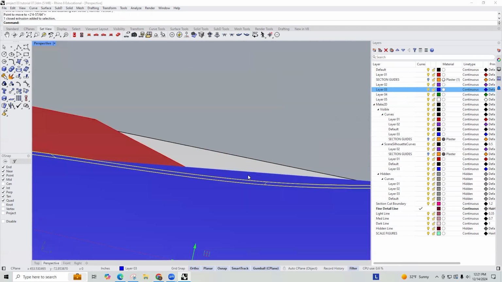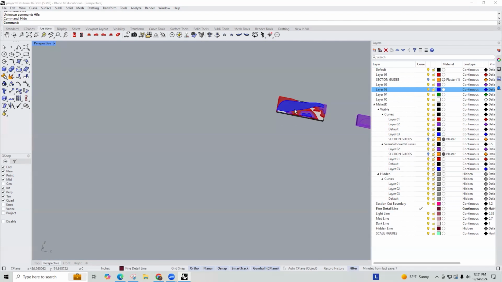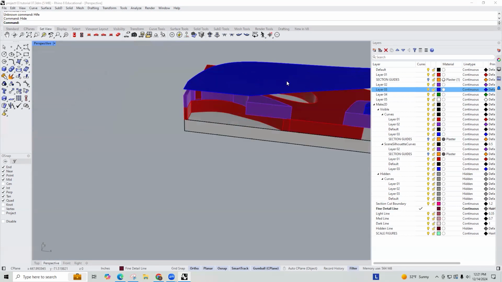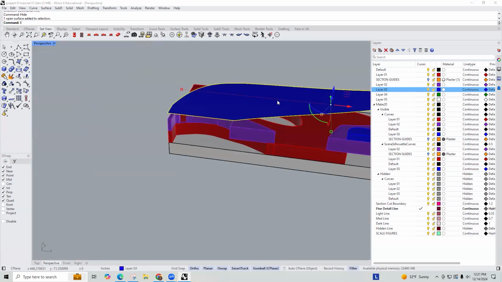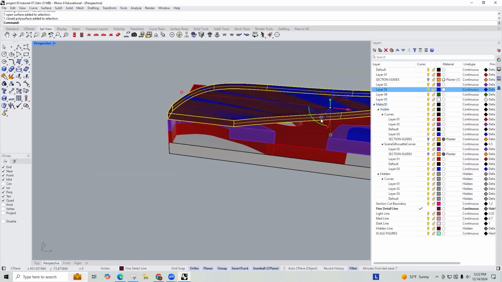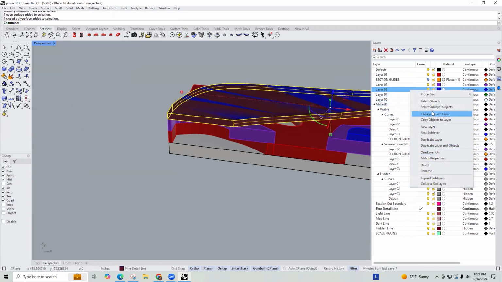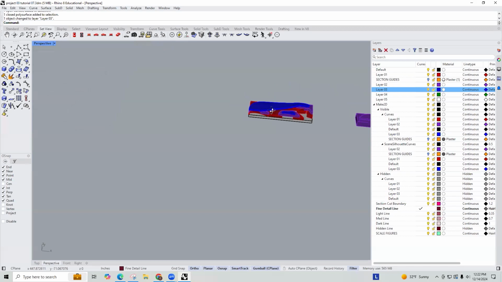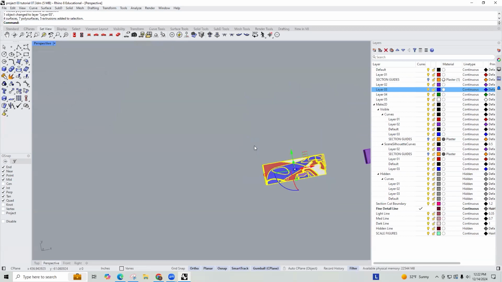So I'm going to hide this one below. Okay. And I'm just going to extrude surface down to the top over here. And then my new extrusion, I'm going to change the layer. All right, and I'm going to do my Arctic view again, just to make sure that it's consistent with the